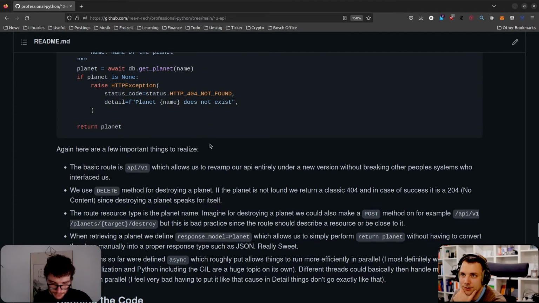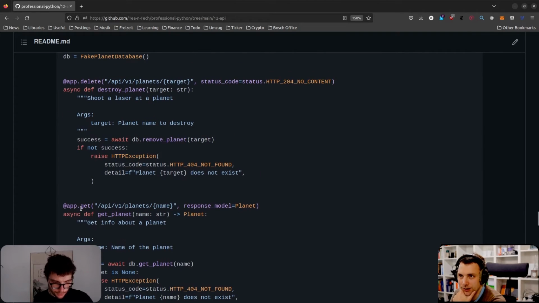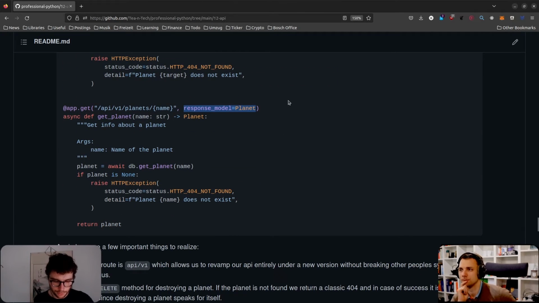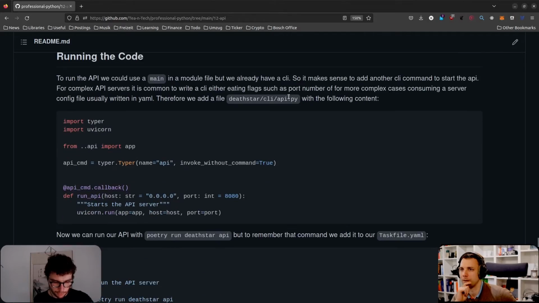So that's some important aspects of it. The get and the delete here is basically what do you do with stuff, on what do I do it, and then some really cool features around FastAPI. And there are a lot more. They have good docs. Read through the docs, there's a lot to learn there. They really have cool stuff. Really recommend it.